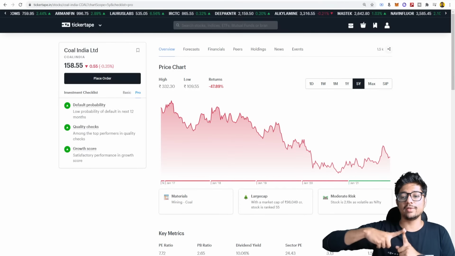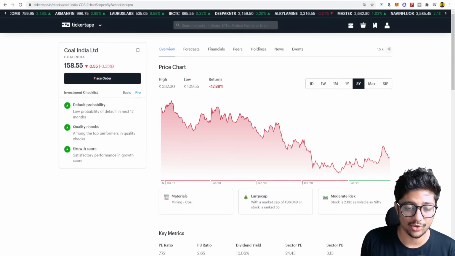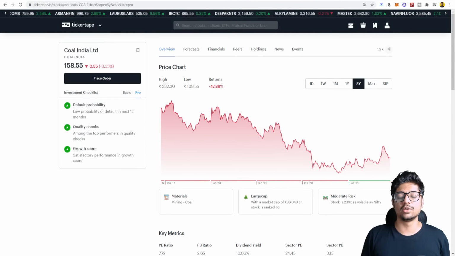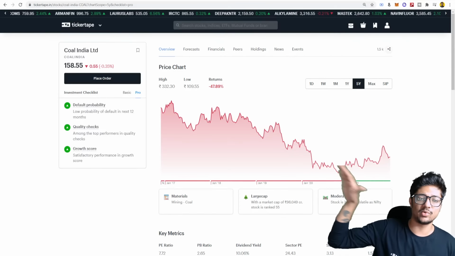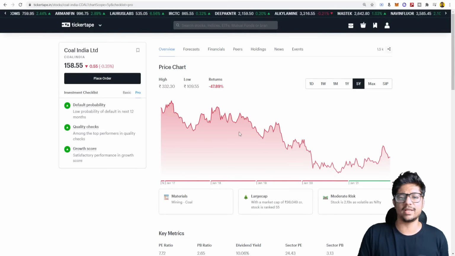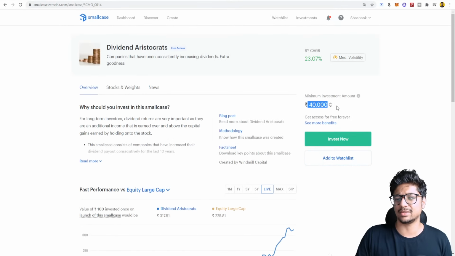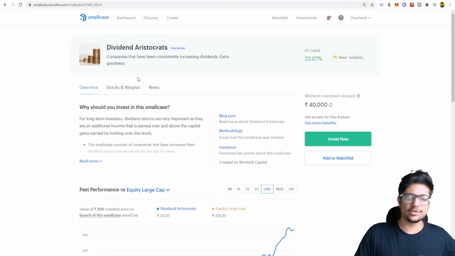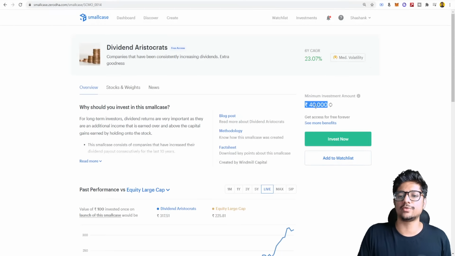So if you're going for a dividend investing strategy, then you should focus on the nice payout ratio that you are getting. But if you're going for a growth rate strategy, then you have to invest in that. Now let's assume you invest in, say, Asian Paints, or any smallcase, and let's assume your current portfolio is only 40,000, so you have to keep building onto it.